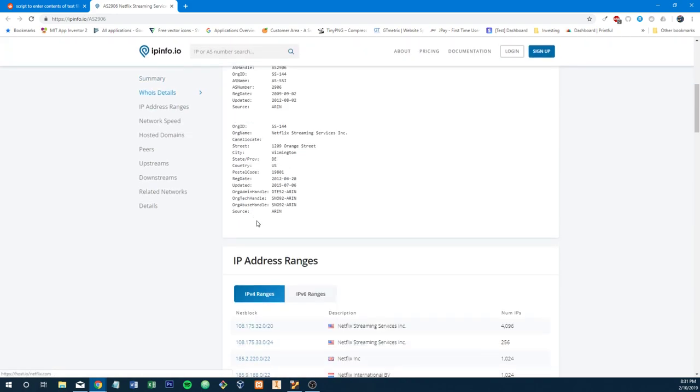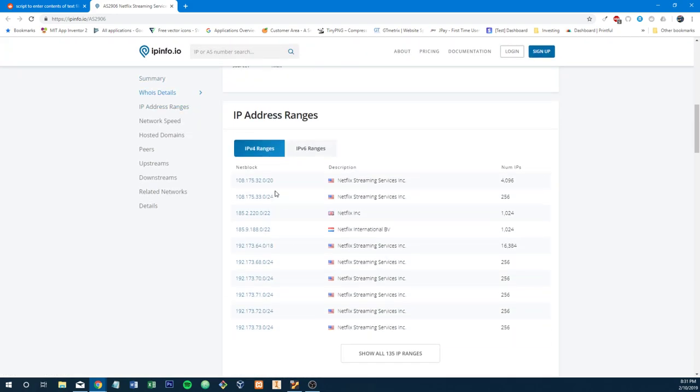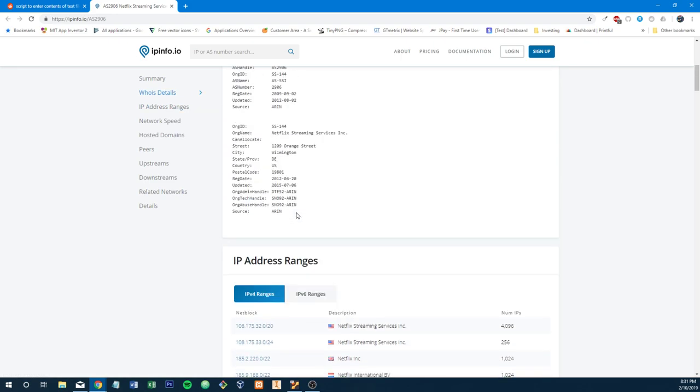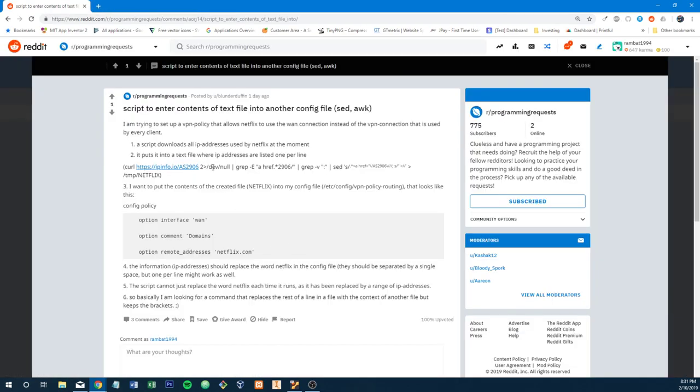Anyway, he's getting IPv4s right here. I'm guessing it's just a whole bunch of them. Well, anyway, he's getting all of them, and then he greps the actual HTML element, and then does a string replacement with sed, and pretty much winds up with just the value of the IP address with the CIDR block at the end, writes it to temp/Netflix, and then he wants to make a custom config file